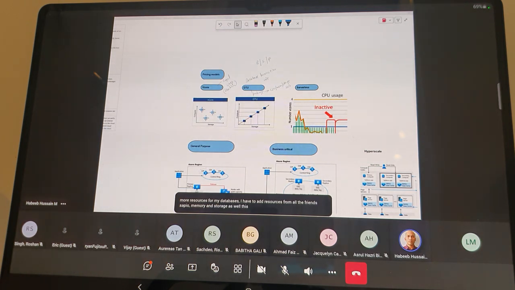This solution is suitable for clients who look for a predefined resource configuration which balances CPU, memory, and storage together. So default is always DTU based licensing. Okay. Then we have virtual core for